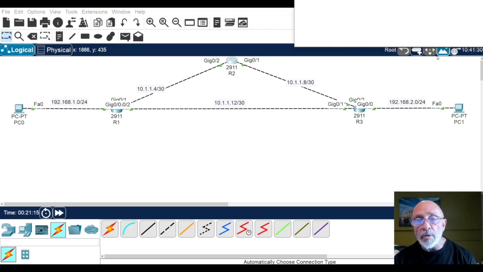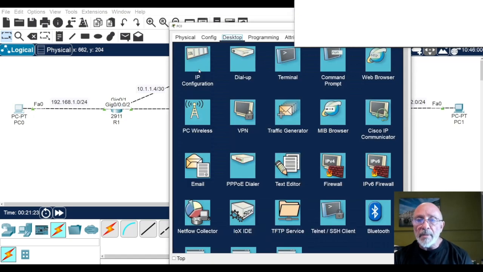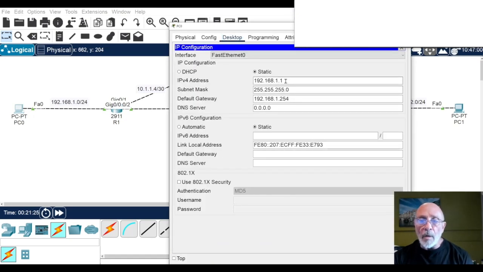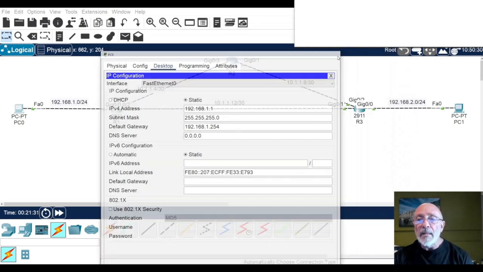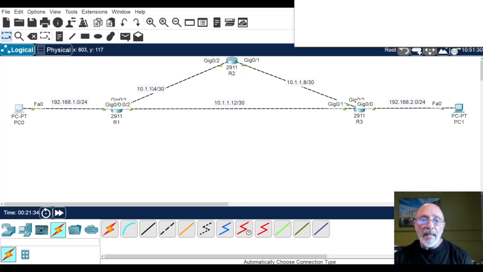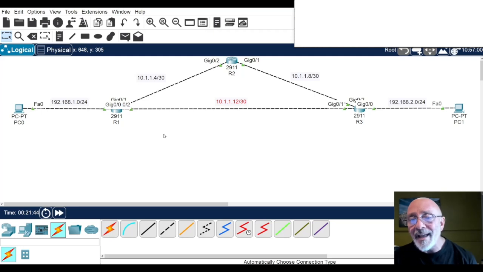So what we're going to do in this particular lab, which I've already configured right here: the 192.168.1.0, the 1.1 is not the gateway but the actual IP address of the host, and the 1.254, as usual, is the gateway. The same thing goes for this computer, and then you have a 10.1.4, which is, this is 5 and 6. This is the 8 network, 9 and 10. This is the 12 network, 13 and 14, using a 30-bit mask. So those already have been done.